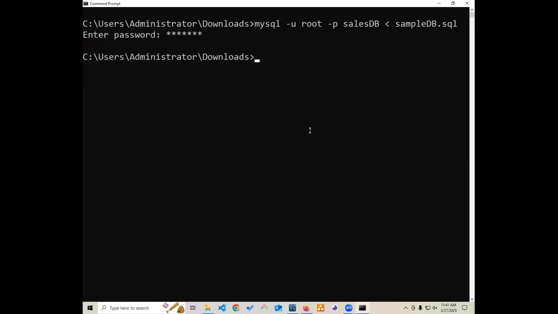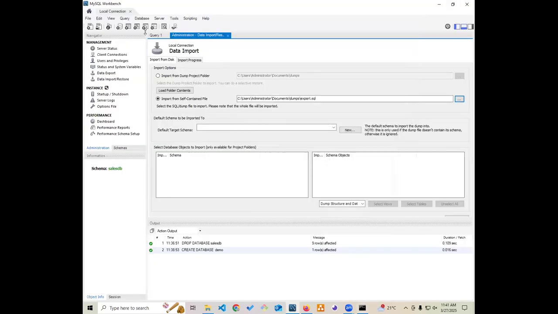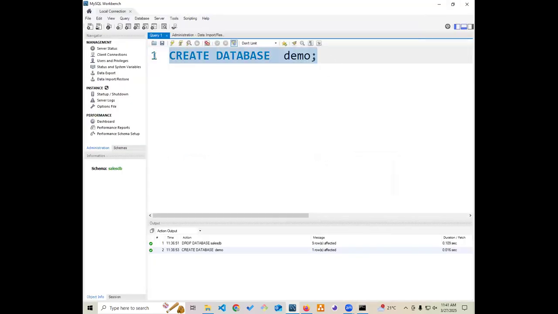All right, so we've already imported that data, right? So that's all I wanted to show you using the terminal because of Wycliffe. I believe Wycliffe is here. Yeah, so let's start with